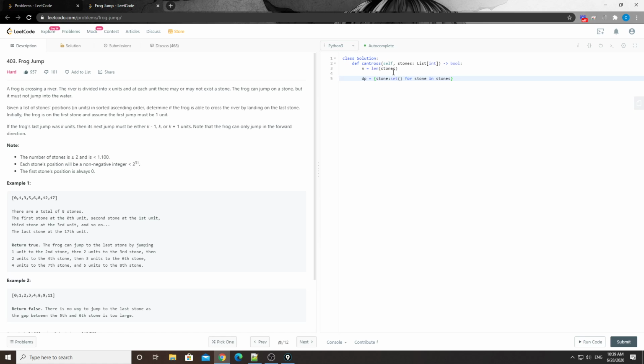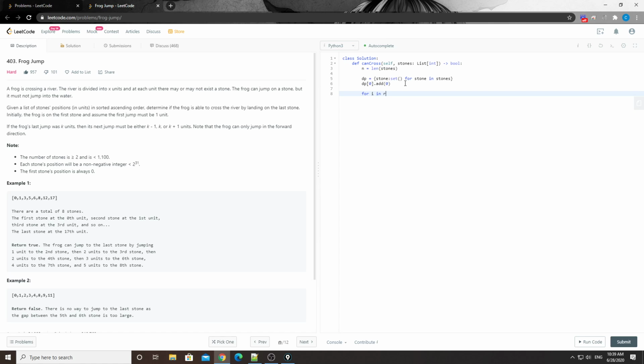That's how we initialize this DP first. We put all the distances there with the empty set, and then for the dp[0], we know, right? There will be only one element in the set, which is 0, right? So that's why we add 0, and then we just loop